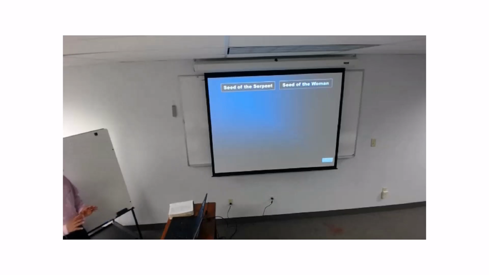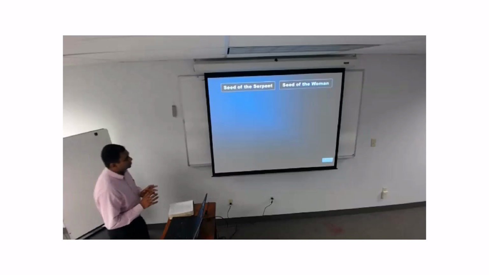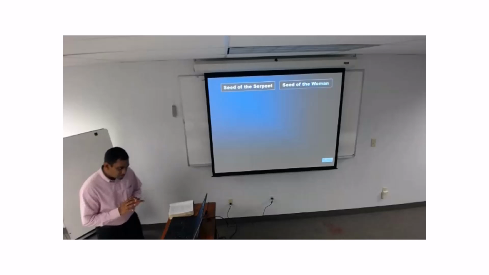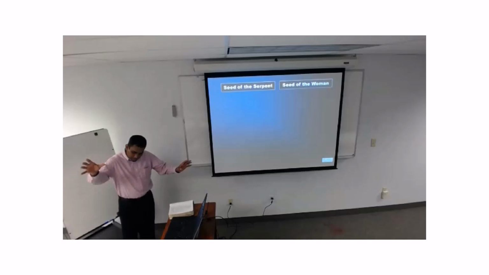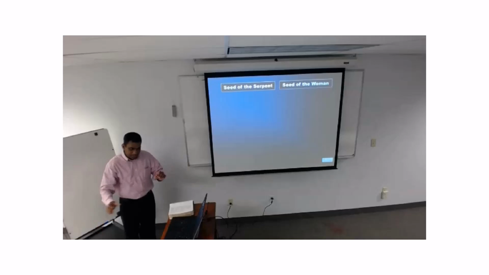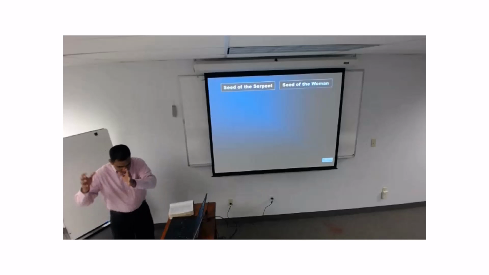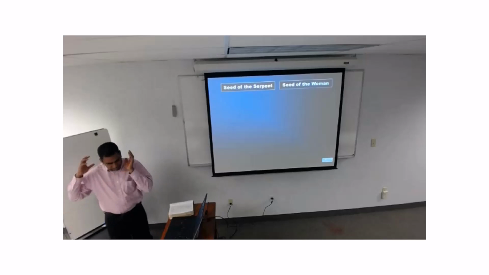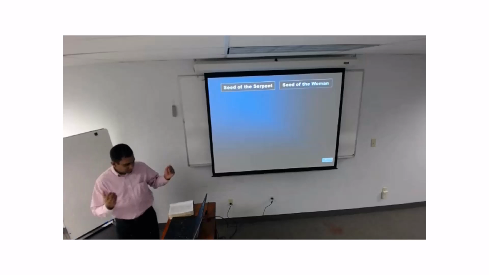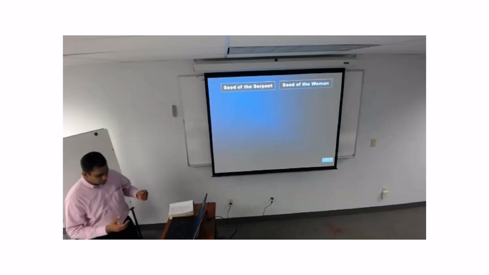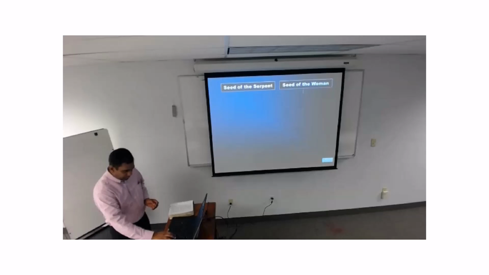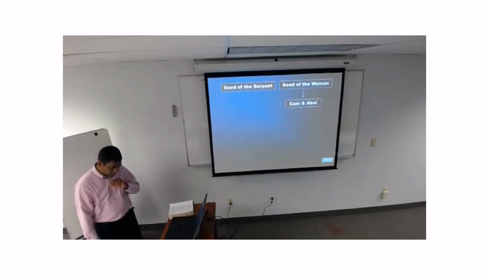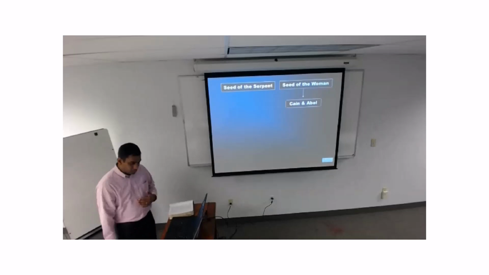Now, on the next slide, you have something that John Stevenson does, which I really like. He talks about the two generations. The one generation that's godly, and he titles that the seed of the woman, the descendants of this woman in the godly line, and then the other seed, which is the seed of the serpent, the ungodly line. And so you have in Genesis 4, Cain and Abel. Cain is the older one, and Abel the second.